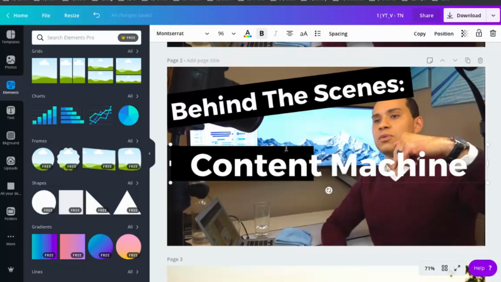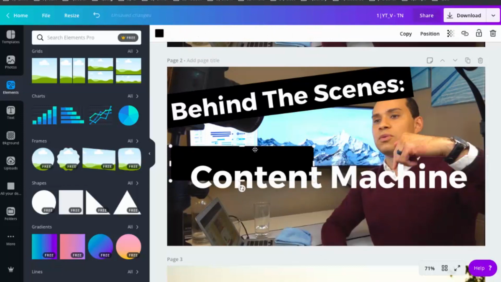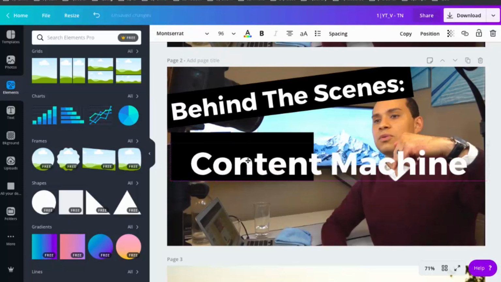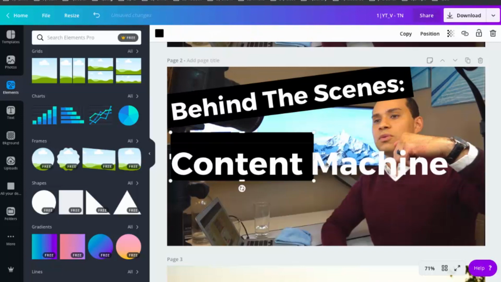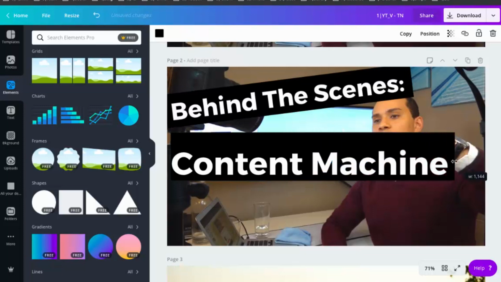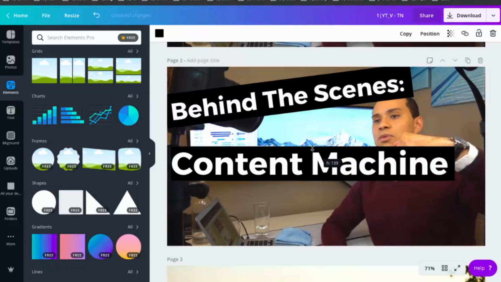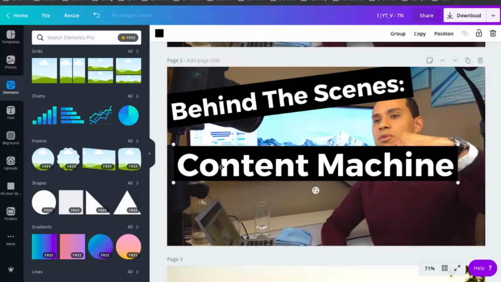So you can see here, I'm trying to select the black box and I can't, so I'm going to have to drag it down a little bit. Just make the black box so much bigger, and then that way I can bring Content Machine to the bottom left corner there, bring it all the way in until the text box is the exact size of the text. Now, because I made this one bigger, I can click and drag, and then go ahead and bring that down. And after a lot of clicking, we have it centered.